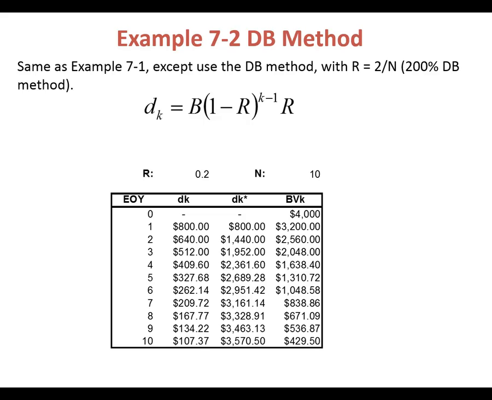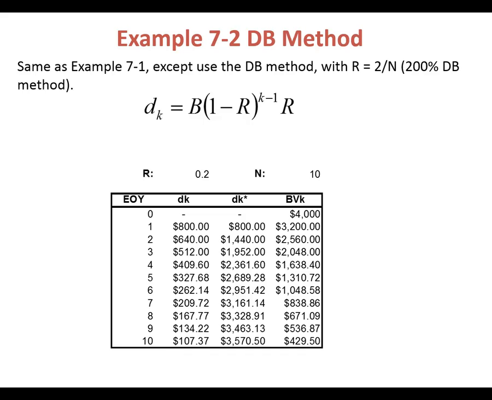That's where this comes from. This 640 is 20% of 3,200. So this is how much depreciation happened in the second year. The cumulative depreciation is the 800 the year before it, and then the 640. So that's where 1,440 comes from. And then you get this number by subtracting the initial value, 4,000, minus the cumulative depreciation, or the previous year's 3,200, subtract the 640 depreciation that happened that year.